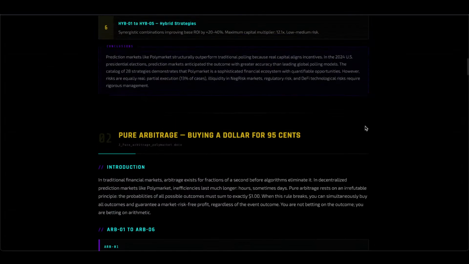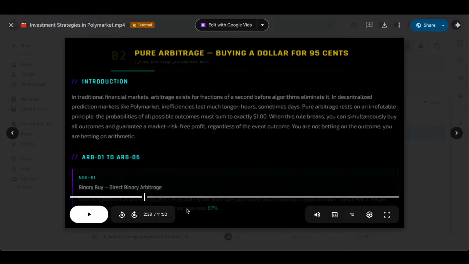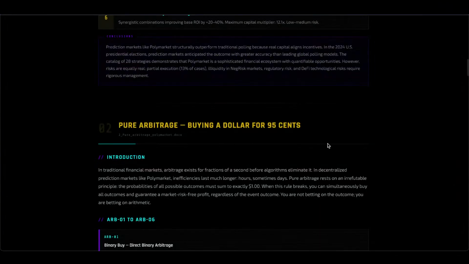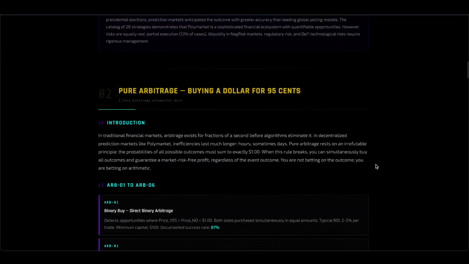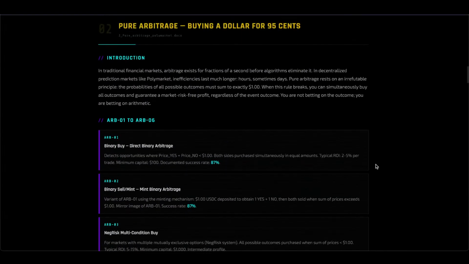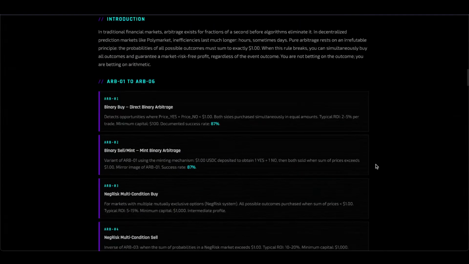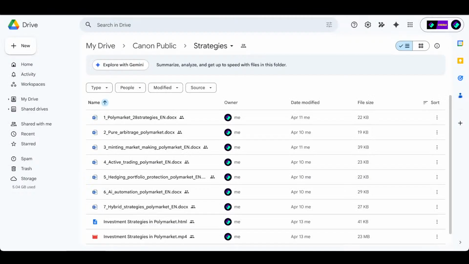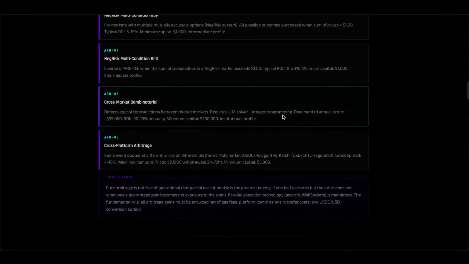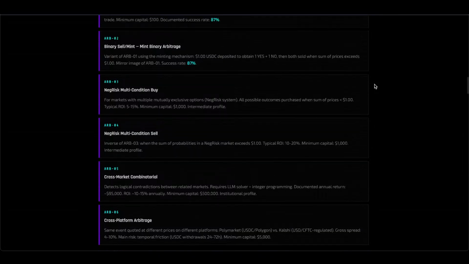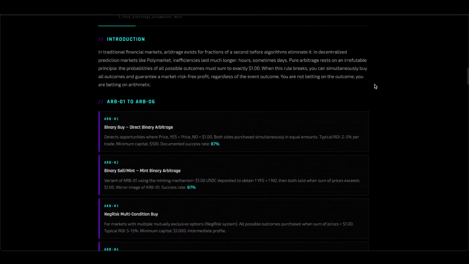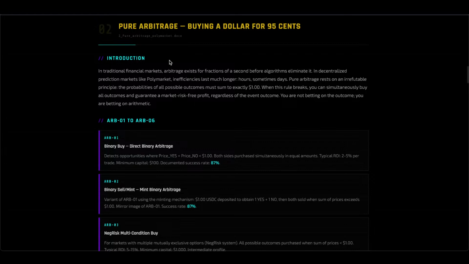Okay, so what else? That's like a 12-minute video. Aside from the specific section of what is included in the different groups, it goes into some overviews of the groups, right? But as I said, if you want the full content, that is in the document, so you can go take a look at that and also feed it to an AI agent to have a conversation with it. But let's go over what we have left. We have pure arbitrage